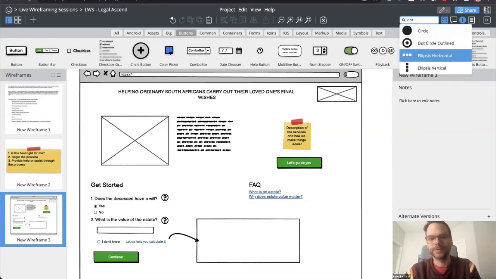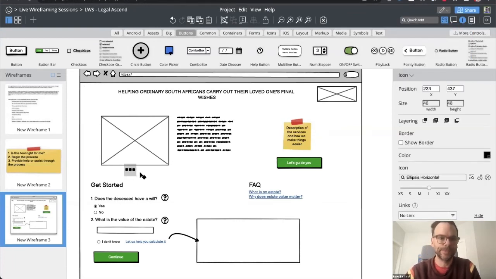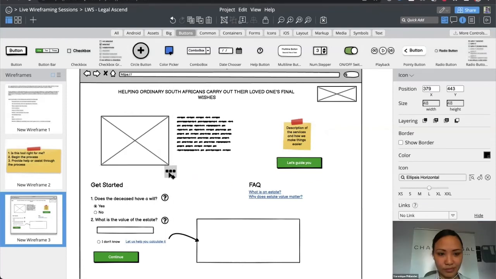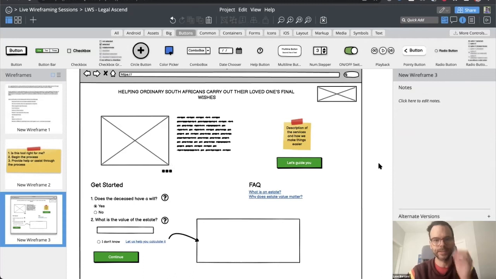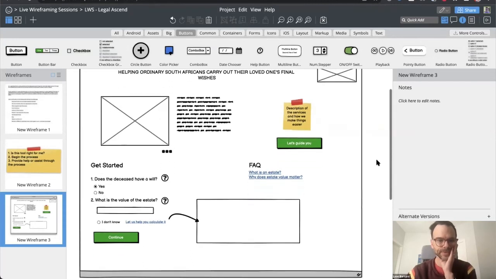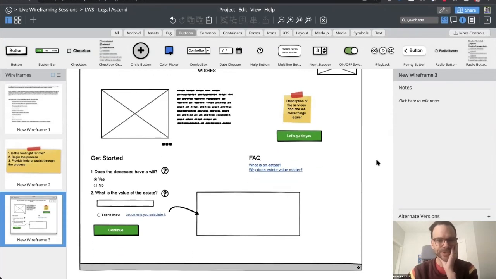Let's say, okay, maybe we will keep this a carousel. I'm going to just put these little dots here to show that is what it's going to be. It's kind of a condensed carousel or something. But it helps you just see what it might look like, try out a few different ideas without really investing much in the code or whatever.